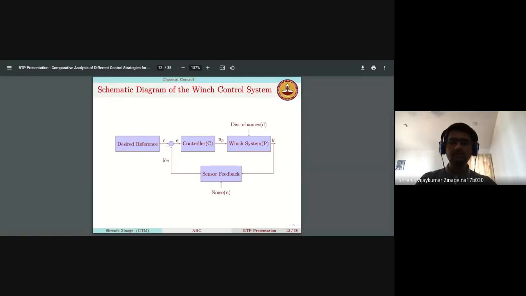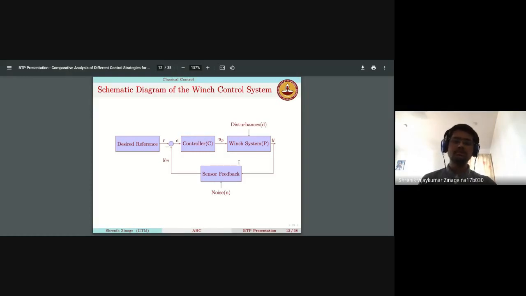I've not directly added Y to the reference. Rather, I've added it through some noise, which generally comes from the sensor feedback. Say you have the Y data with you. In real life applications, that would generally be provided through some IMU, so it may be corrupted with noise. Due to that, I'm trying to model the noise dynamics as well. So I'm checking, when I add noise or disturbance to the system, how good the control is at handling it.